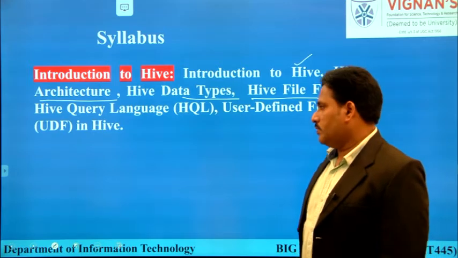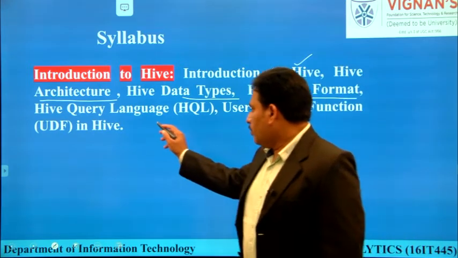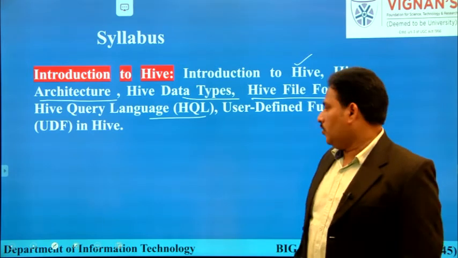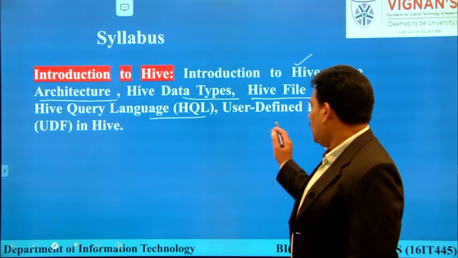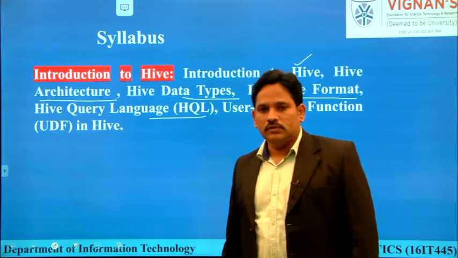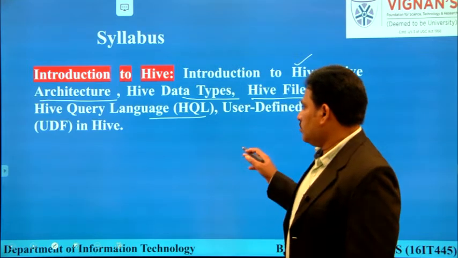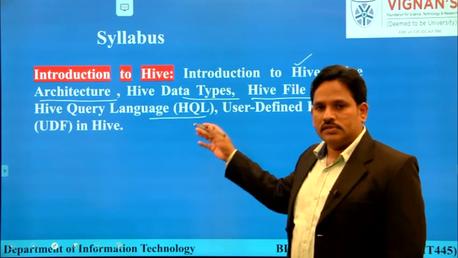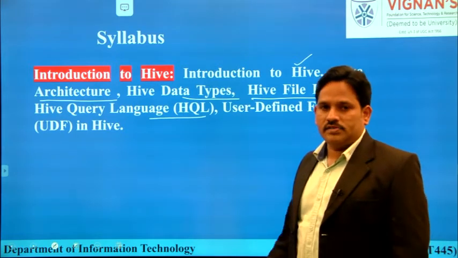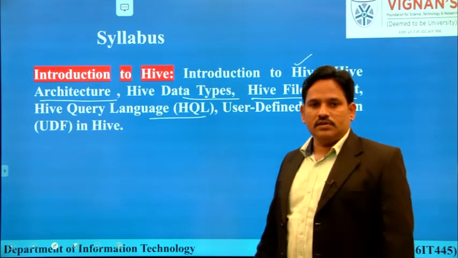We will see the programming concept called Hive Query Language, which we can call HQL, and the user defined functions in Hive. Among all these concepts, we will see the architectural point of view, the data types of Hive, the Hive query language and user defined functions in Hive.